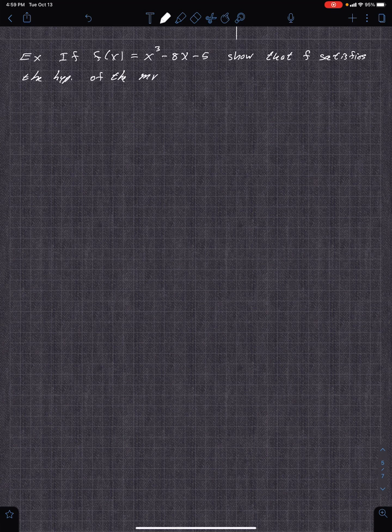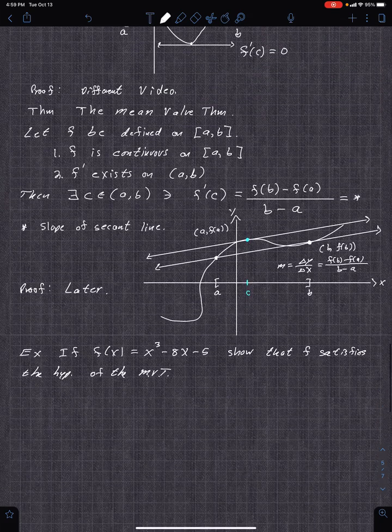And this is used so much we have an abbreviation for it. Mean value theorem is